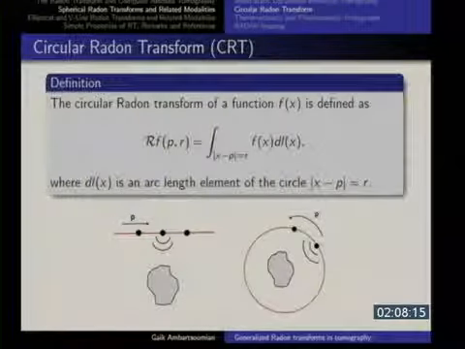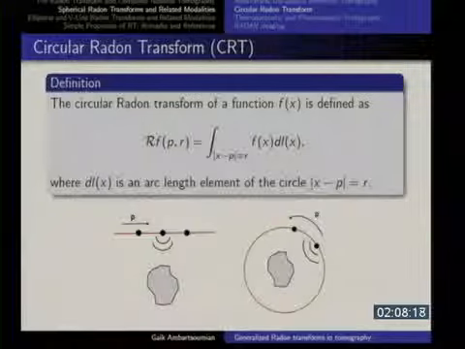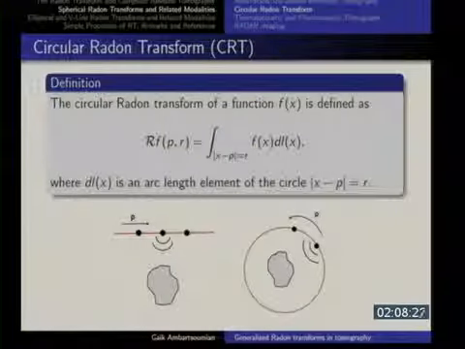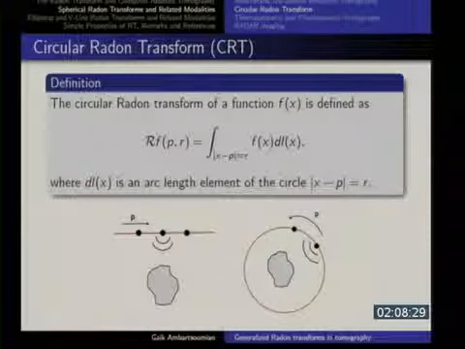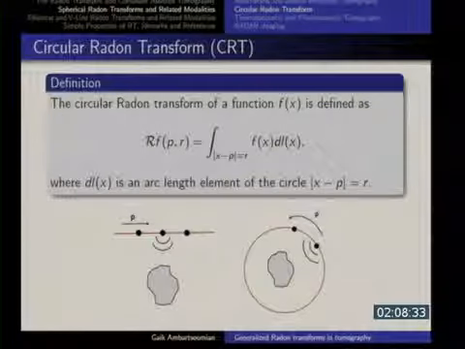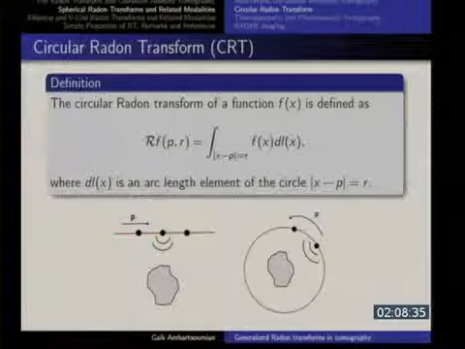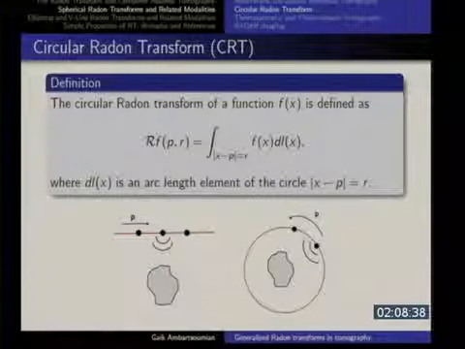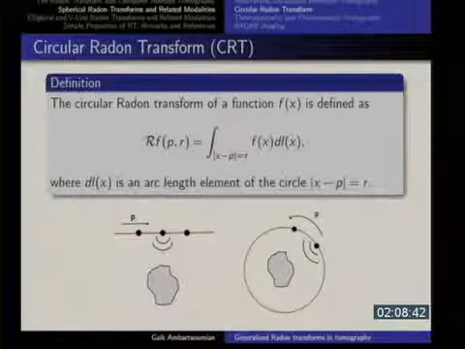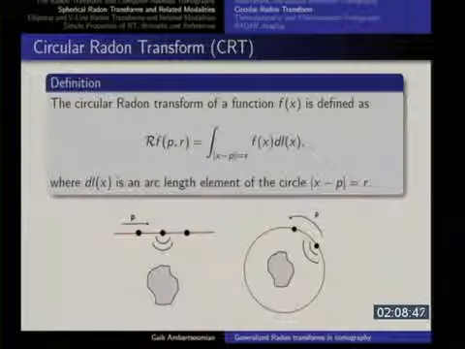The data that I'm measuring there are such circles, right? How many parameters do I need for all the circles in the plane? 3. 2 parameters for the location of the center and 1 parameter for the radius, right? So theoretically, it looks like I have 3 parameter data that has 3 degrees of freedom, and I'm trying to recover a 2 parameter function. So the problem seems to be overdetermined. I have too much data, which is not necessarily bad. I mean, you can never have too much data.